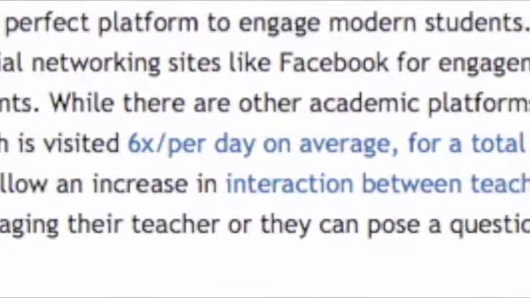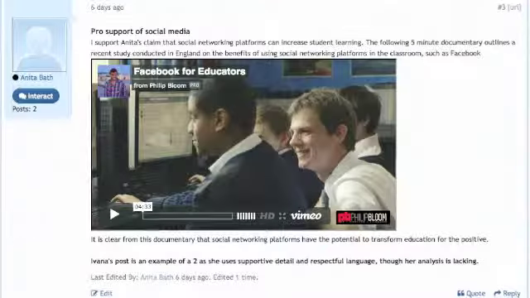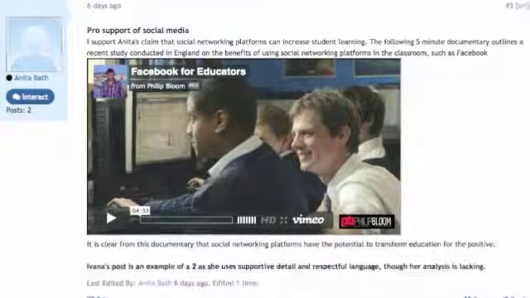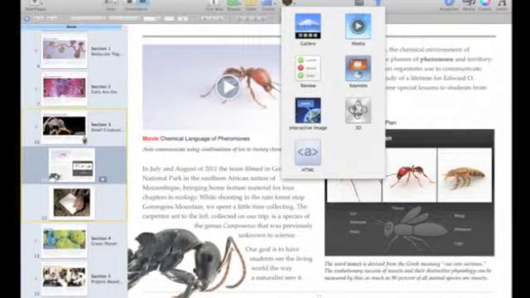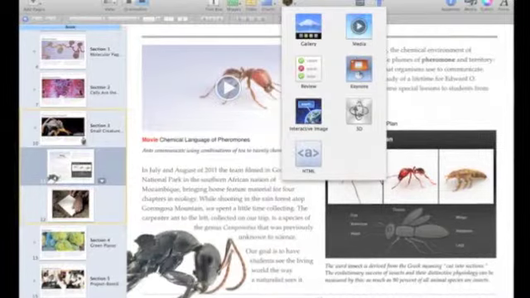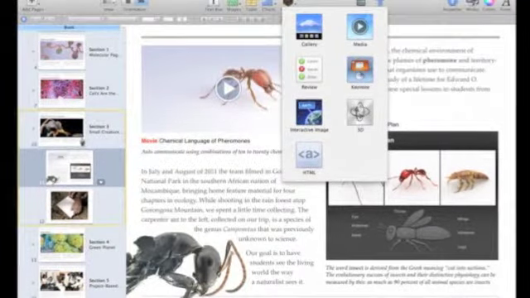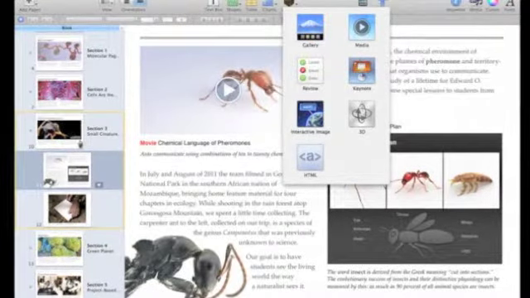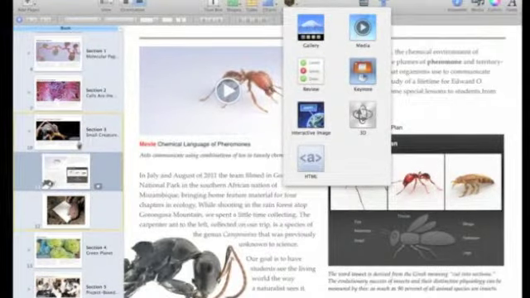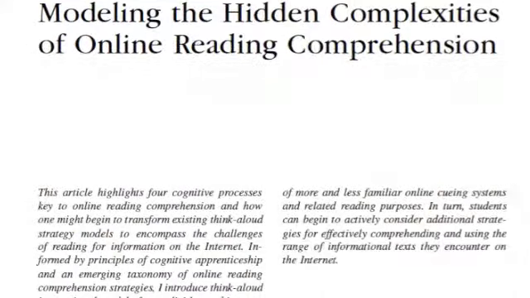There's embedded links, there's video, there's images and interactive widgets that are now included in many digital texts. So this highlighted for me the need to teach students how to read online texts.